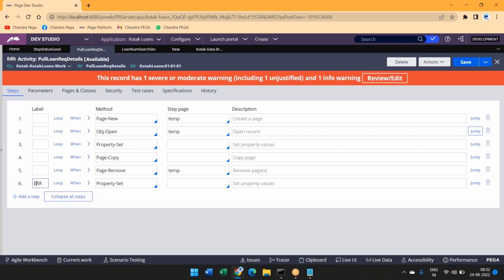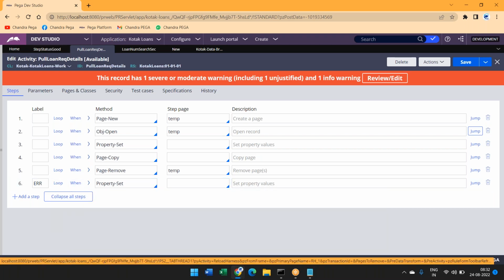Whenever I am executing this particular step, if you check PX method status in the clipboard, the status will be there for the previous step. Page remove, all the time, will be good only, right? What for are we using that step? That will not work out. So you can use something like, what is it? Value was already